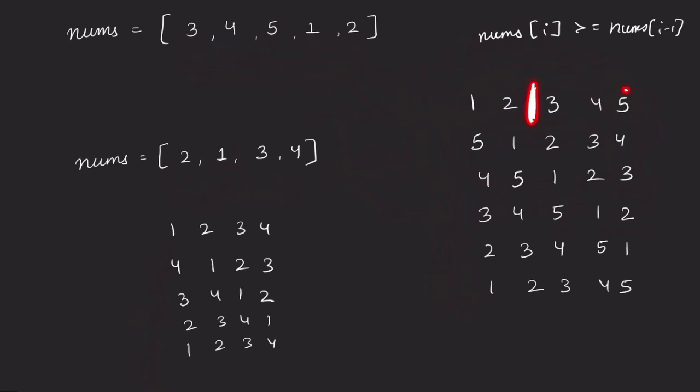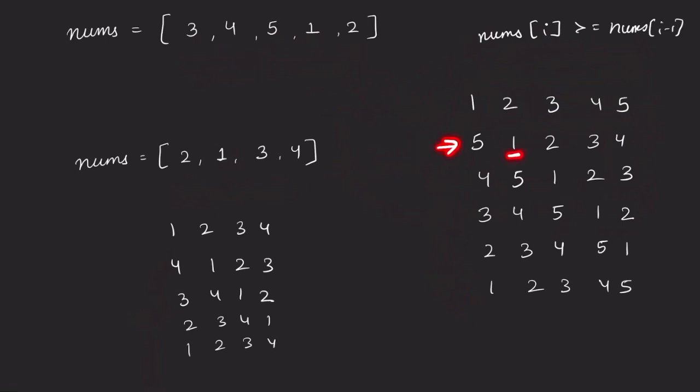We are taking all of these elements and putting them at the start, right? So in these arrays, there will be exactly one point at which this condition won't be satisfied, and at all other points, this condition will be satisfied. So if we look over here,